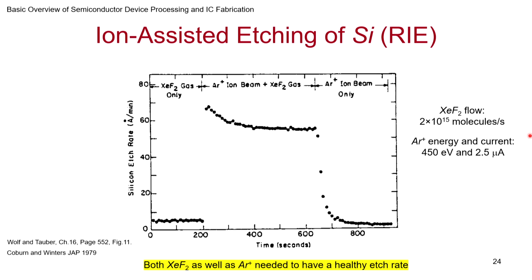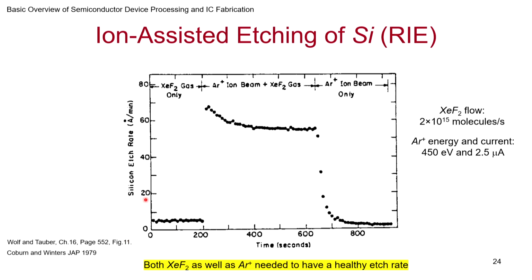Now, from plasma assisted etching, I'll also talk a little bit about ion assisted etching. Ion assisted etching essentially is this: the chemistry alone won't work, the physics alone won't work. A combination of that will work. So let us see an example here. You can see here the x-axis is the time, and the y-axis is silicon etch rate. How do they know silicon is etched? From the detections in the optical spectrum, depending on what gas is coming out.